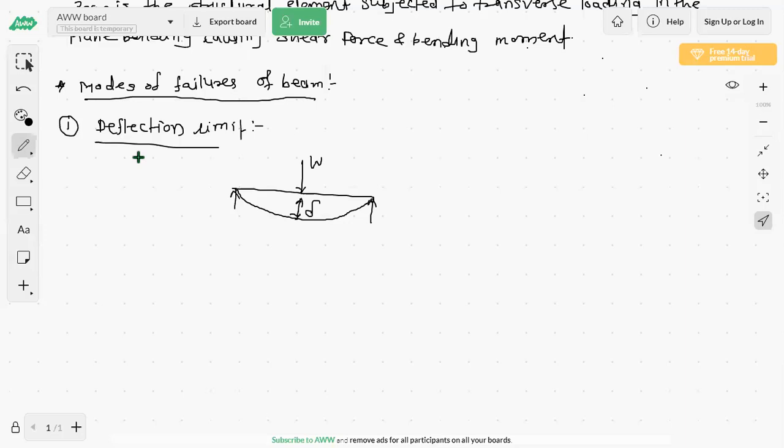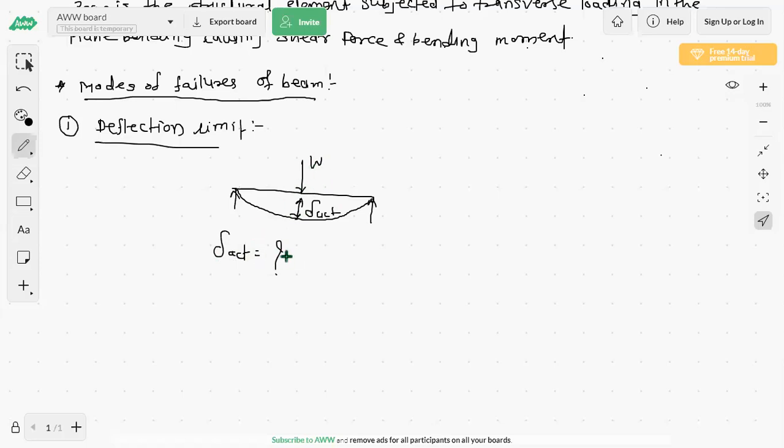So here this delta is the delta actual. This delta actual we have to calculate for different loading conditions. For a central point load, we have to know how much delta actual. For UDL, we have to know how much delta actual, and if UDL and point load are both there, how to calculate this delta actual, that we will see in detail. So the very important part is the deflection limit. The deflection is the delta actual. Due to this W load, how much deflection happens?